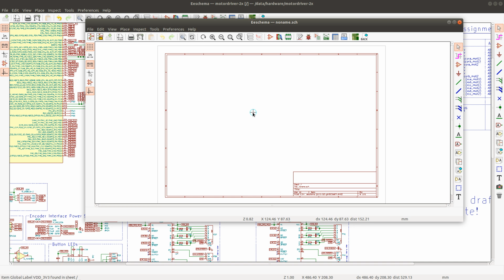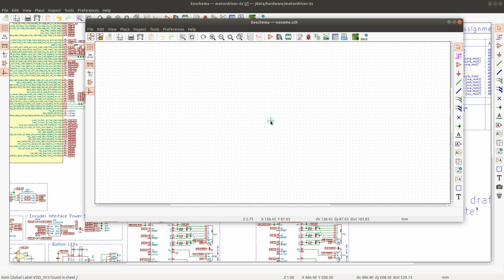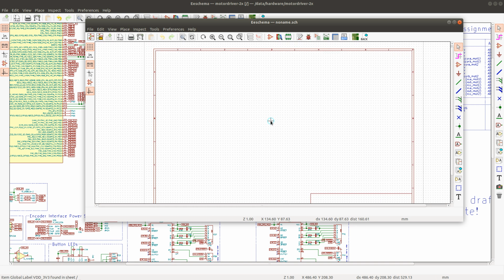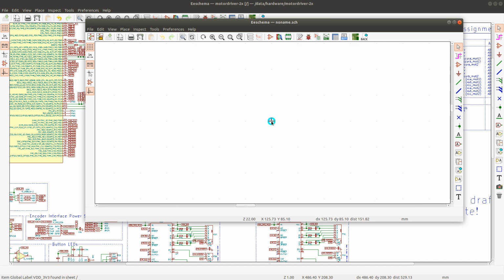Interesting. I didn't get a red cursor, and it doesn't seem that the line is okay. Right, I see. So the line only gets thicker if I zoom in. Okay. It would have been more useful if the line got thicker if I zoom out. Okay. Anyway,